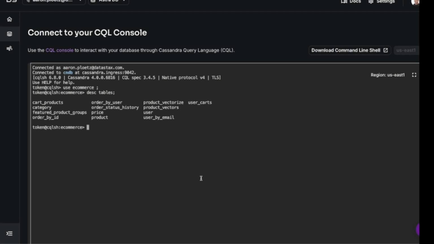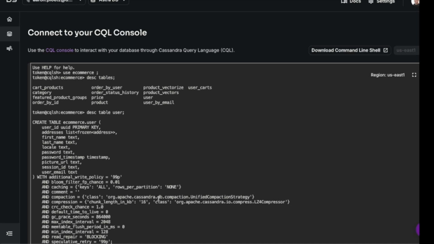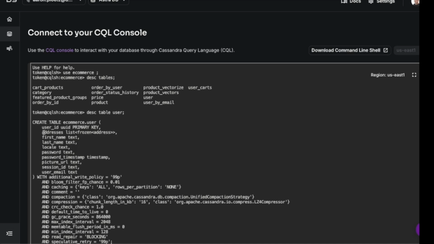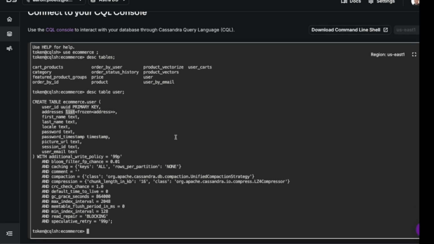So if I have a look and say desc table user, you can see that, yep, our columns come back here, and we have this addresses list frozen address. So that is our user-defined type inside of a list, because a user could have multiple addresses.